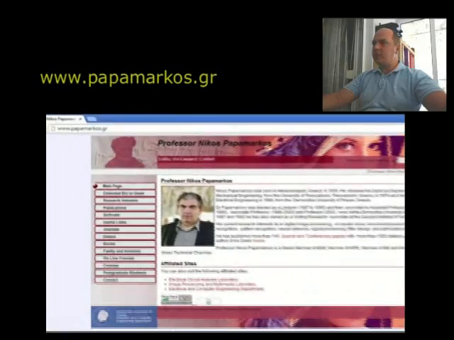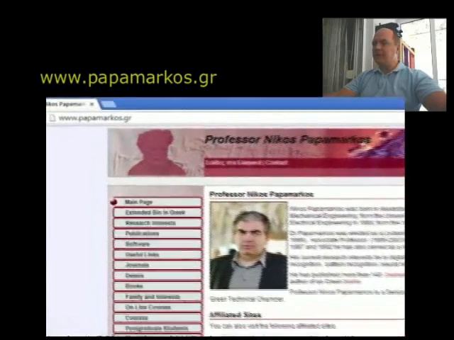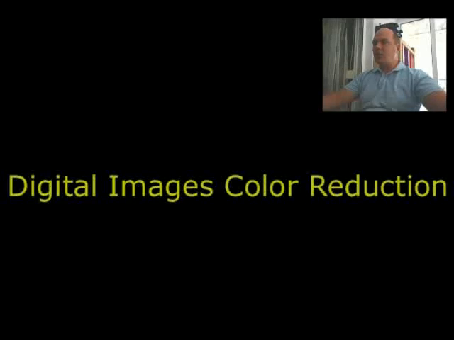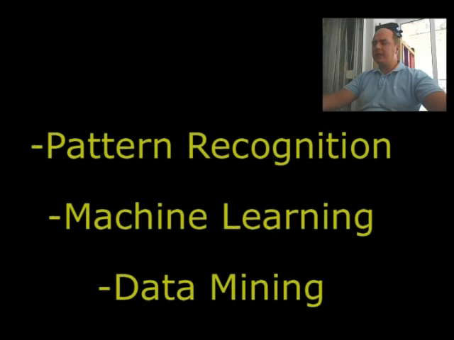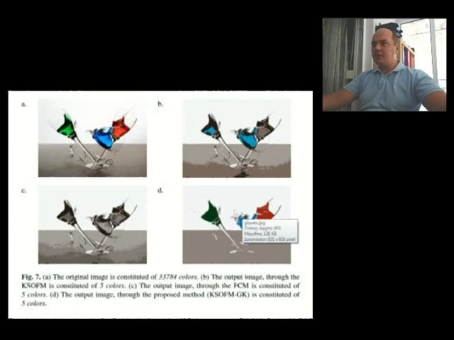I used this algorithm with my professor Nikos Papamarkos in Democritus University of Thrace, Greece, in digital image color reduction, but as it is a matter of better clustering procedure, it could be used in a wide range of areas. In color reduction, we want the final image to represent the original one better. You can see the final results of our work in the following images.